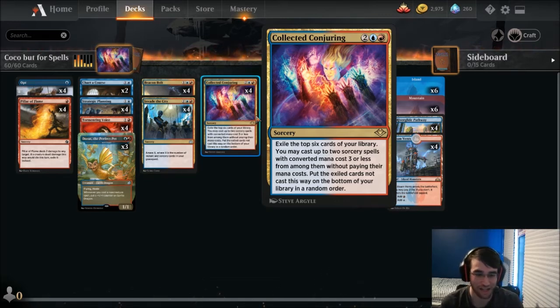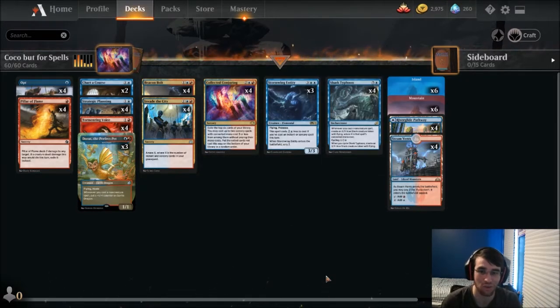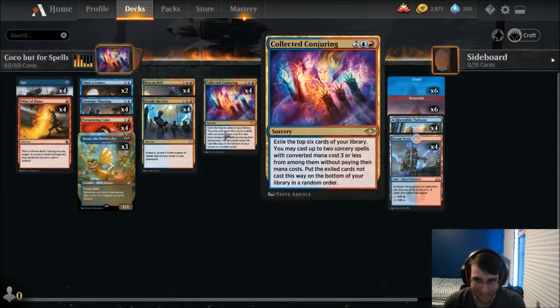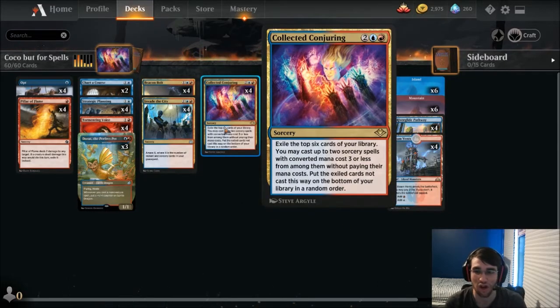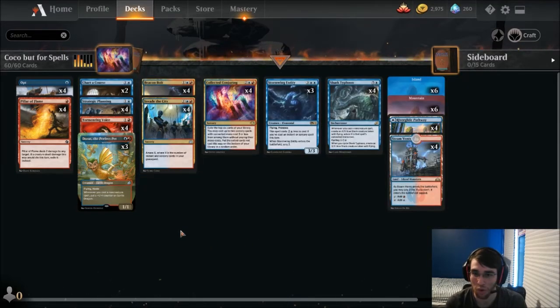Definitely saw that Collected Conjuring had the power level when combined with the other cards of the deck. This is definitely a high-powered synergy deck, very much relying on synergy to make the cards work. We saw that with Shark Typhoon, casting Collected Conjuring produced a ton of value. Casting Collected Conjuring on turn 4 and hitting Invade the City or Beacon Bolt was a good way to affect